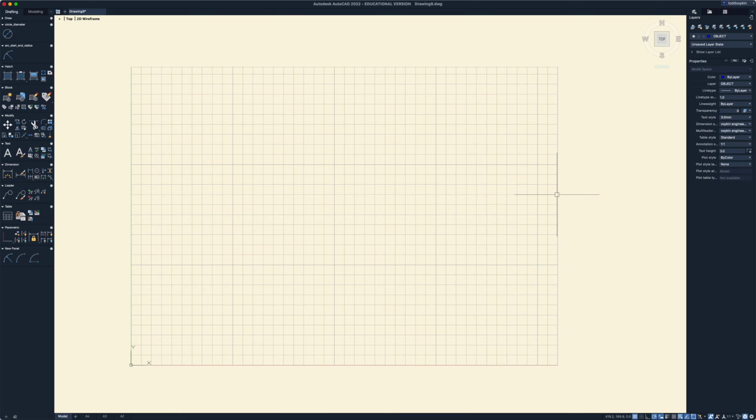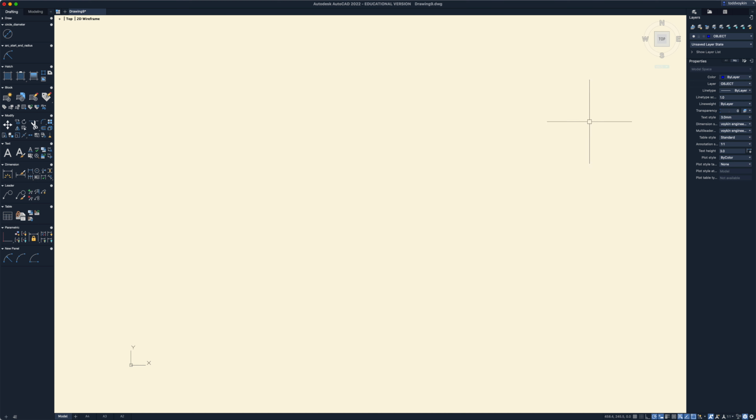Alright, so I've opened up my engineering drawing template, and I'm going to turn the grid off because I don't like drawing with the grid. I'm going to switch over to my construction layer, and we'll start creating the construction lines using the ray command. So R-A-Y, hit enter. The first point I'm just going to start at 20, 20, just up and to the right of the UCS